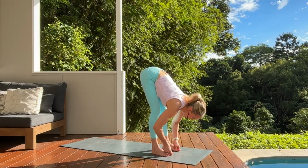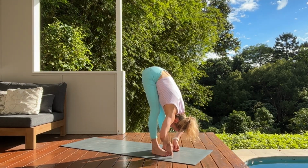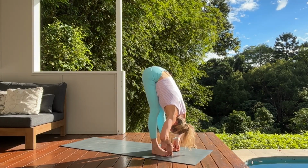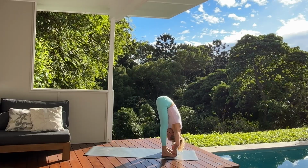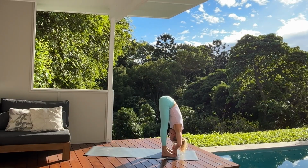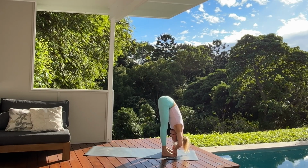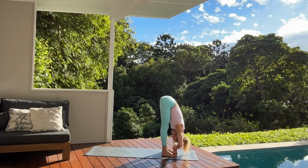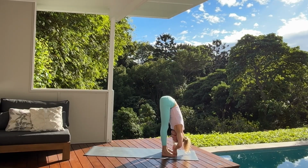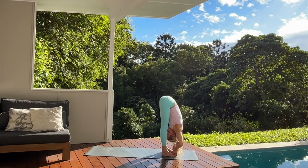And on the exhalation, chin to chest, gently drawing yourself in. Shift into the balls of the feet. Use your core and your arm strength to draw you just the tiniest bit deeper. Even in this posture, deja vu, shifting in to the balls of your feet if you feel safe. Just one more full breath in